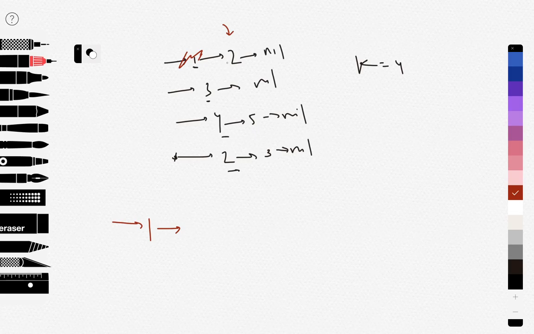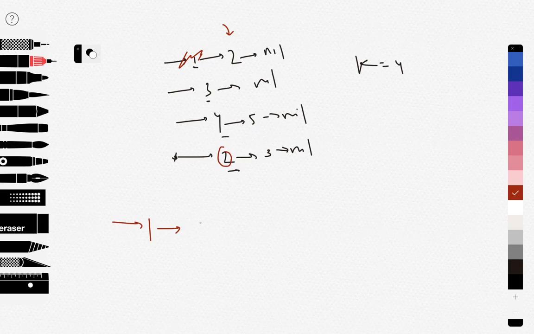So now again we will compare everything. We will again compare all the k pointers. So the first points to 2, the second points to 3, then 4, then 2. And what is the smallest among these? I mean, these two are smallest, the first and the last, but let's choose this one.